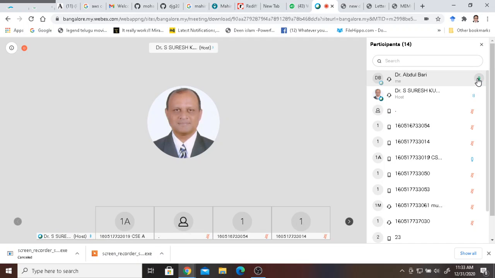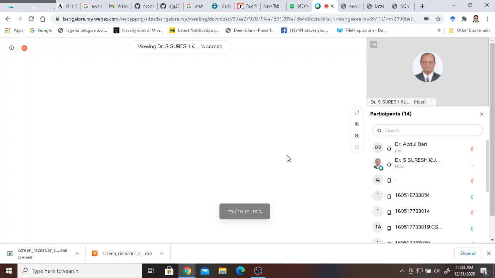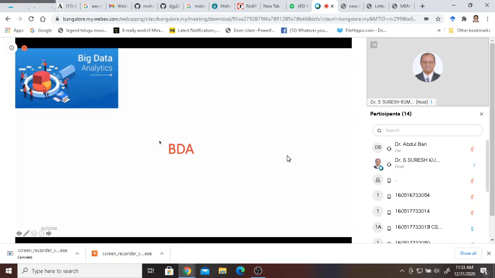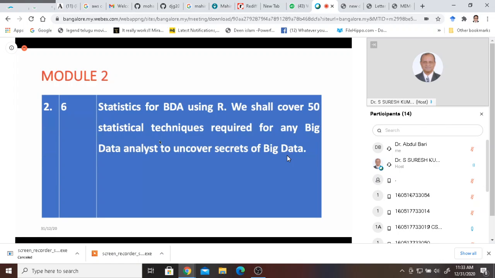Yeah. Okay. So I would once again say, on the last day of 2020, we are having a class with you wonderful students of ISL Hyderabad. We start off with our third or fourth session with you guys. Today onwards, we will be covering module 2 for 6 sessions, which will be statistics for big data analytics using